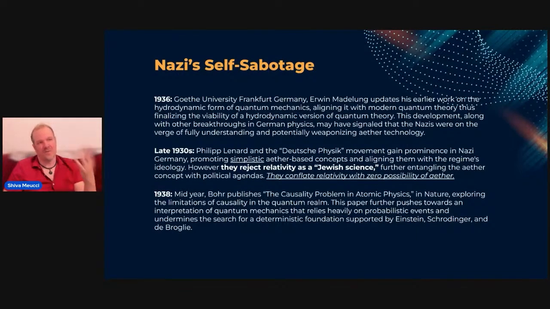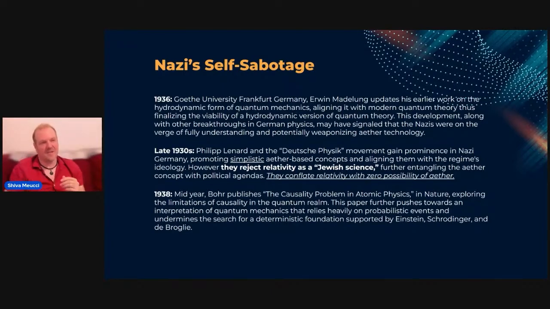but it looks as though as they continue forward, there are further developments of Madelung's theory, and then the Nazis self-sabotage themselves because they conflate relativity with no ether. Whereas what we've been talking about this entire time is that relativity and ether are fully compatible, and that there was a completely mathematically equivalent version of relativistic ether that Einstein was eventually supporting. And because of being jackasses, they conflated these things,